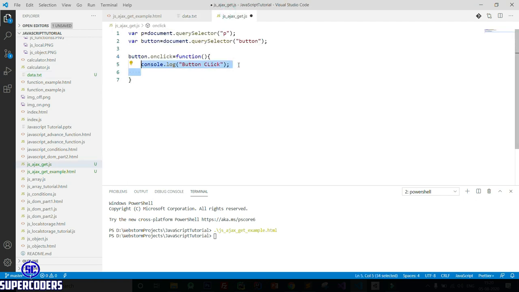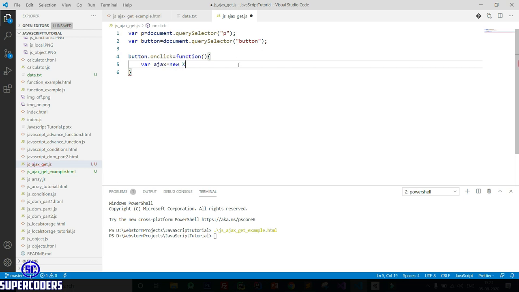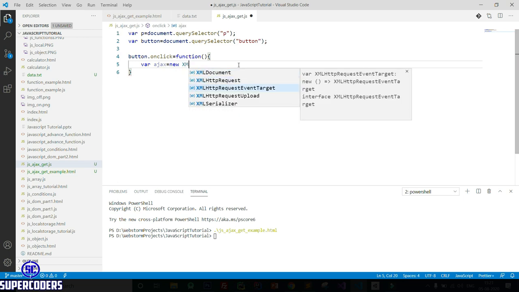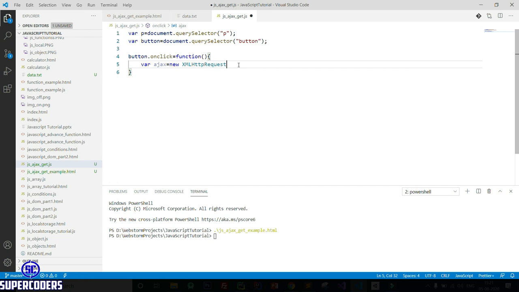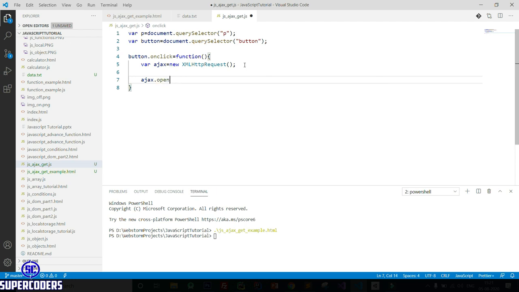So first remove this, then var ajax equal to new XMLHttpRequest. So here creating the object of this HTTP request, then ajax.open.